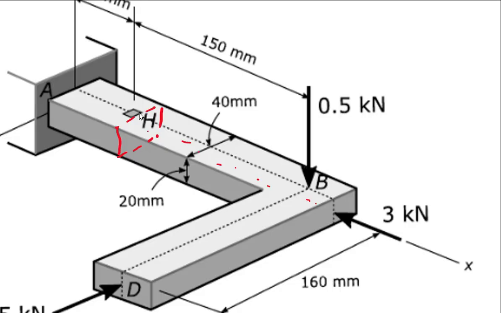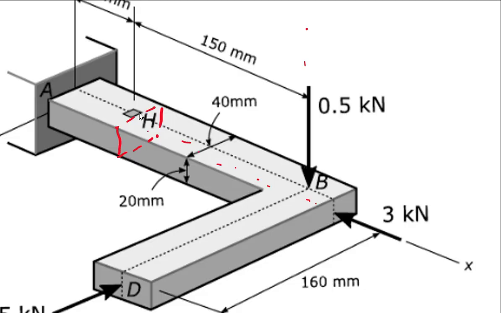But when you want to bring 0.5 kilonewton to this point H, because you are moving it normal to the line of action, the line of action for 0.5 is this one, and the distance between that line of action and patch H is 150 millimeter. So if you transfer that force to this point, you have to add a penalty to your free body diagram, and that penalty is 0.5 times 150,